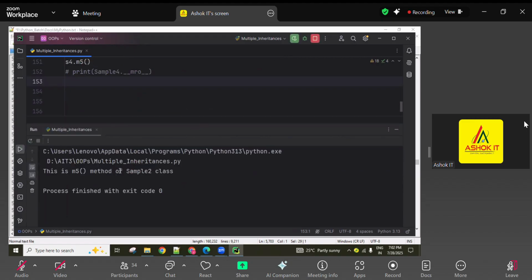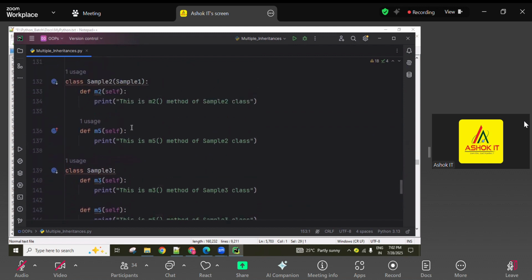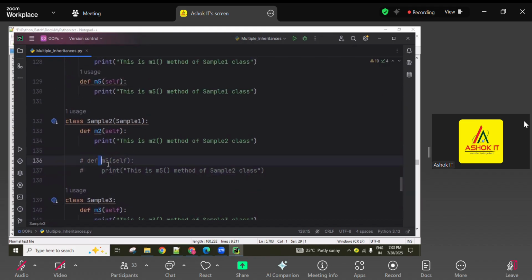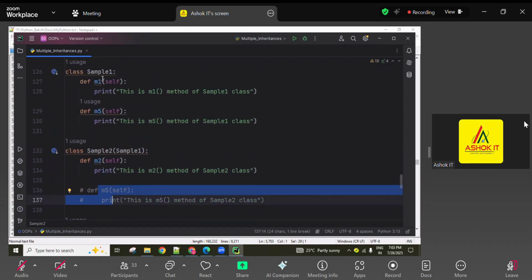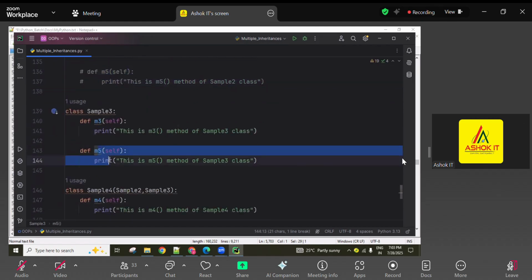Check it, sample 2 class related, you're getting, this is fine. We expected that, and we got it. So now I'm commenting sample 2 class's M5 method. So now in sample 2 class, not there M5 method. In sample 1 is there, and in sample 3 also there. Okay. Now